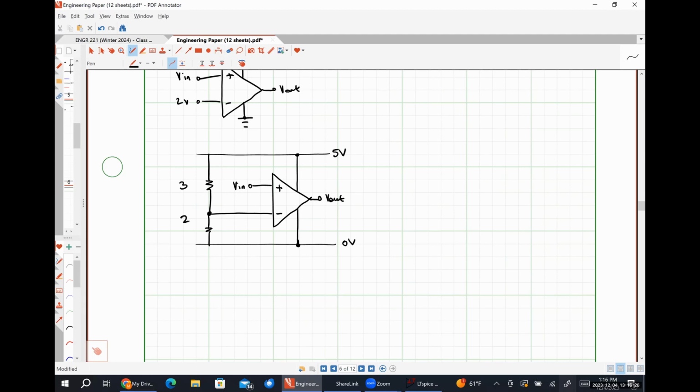So we know that the internal input impedance of an op amp is on the order of mega ohms, right? So that means that in order to make sure that effectively no current branches off and flows into this inverting input terminal, I need to make sure that these resistors are significantly smaller than the input resistance of my op amp. So typically speaking, we bias op amp circuits using kilo-ohm size resistors because they're about 1,000 times smaller than the internal input resistance of the op amp. Okay. So 3 kilo-ohm here,